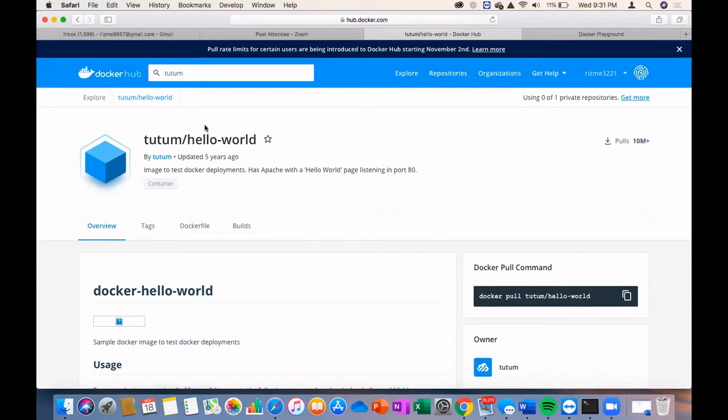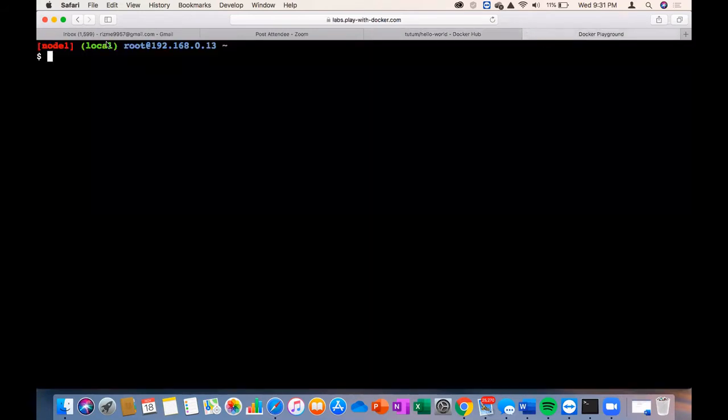So how can you pull this image? You see there is a command called docker pull, right? Just copy this command. You have a copy button also, on this side, small. Good. Now go back to your Docker terminal and paste this command.